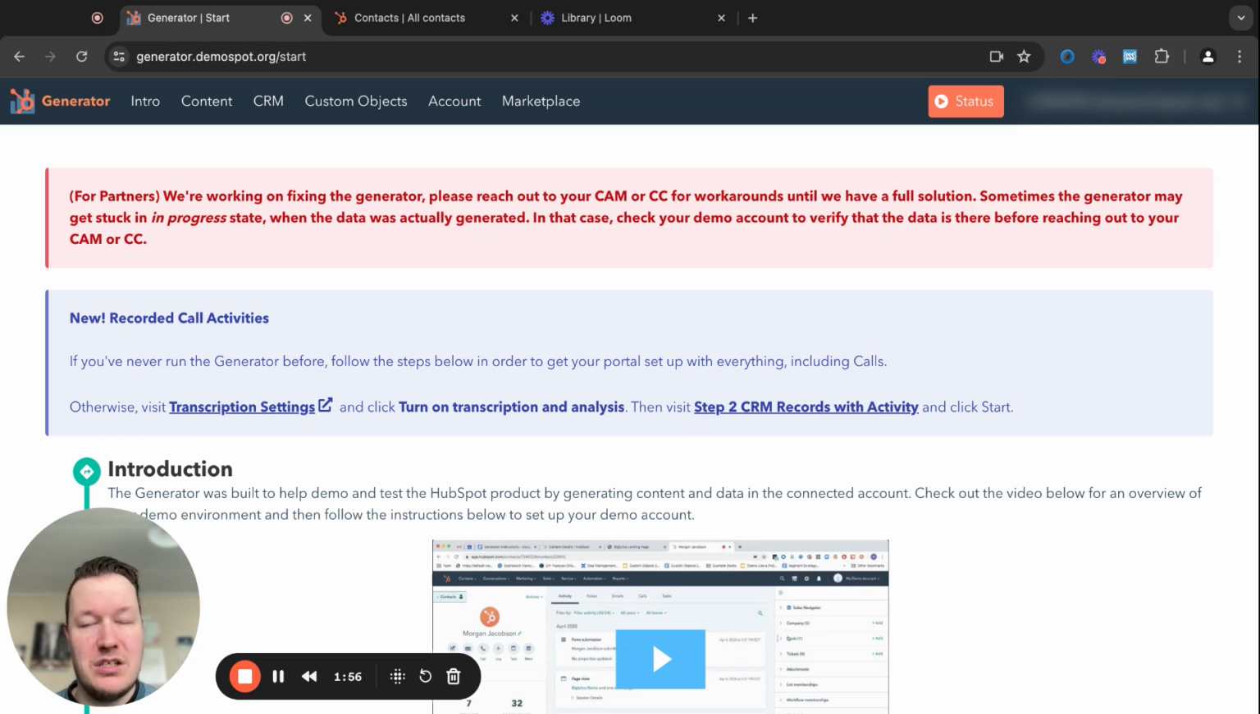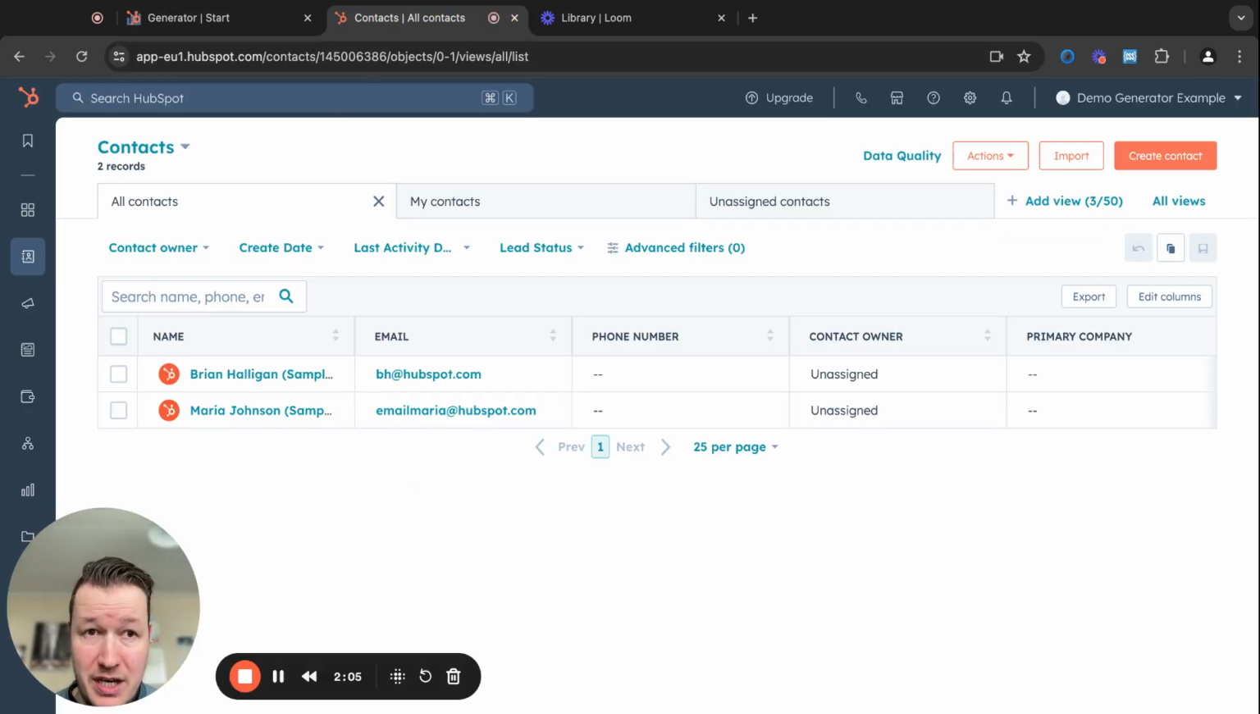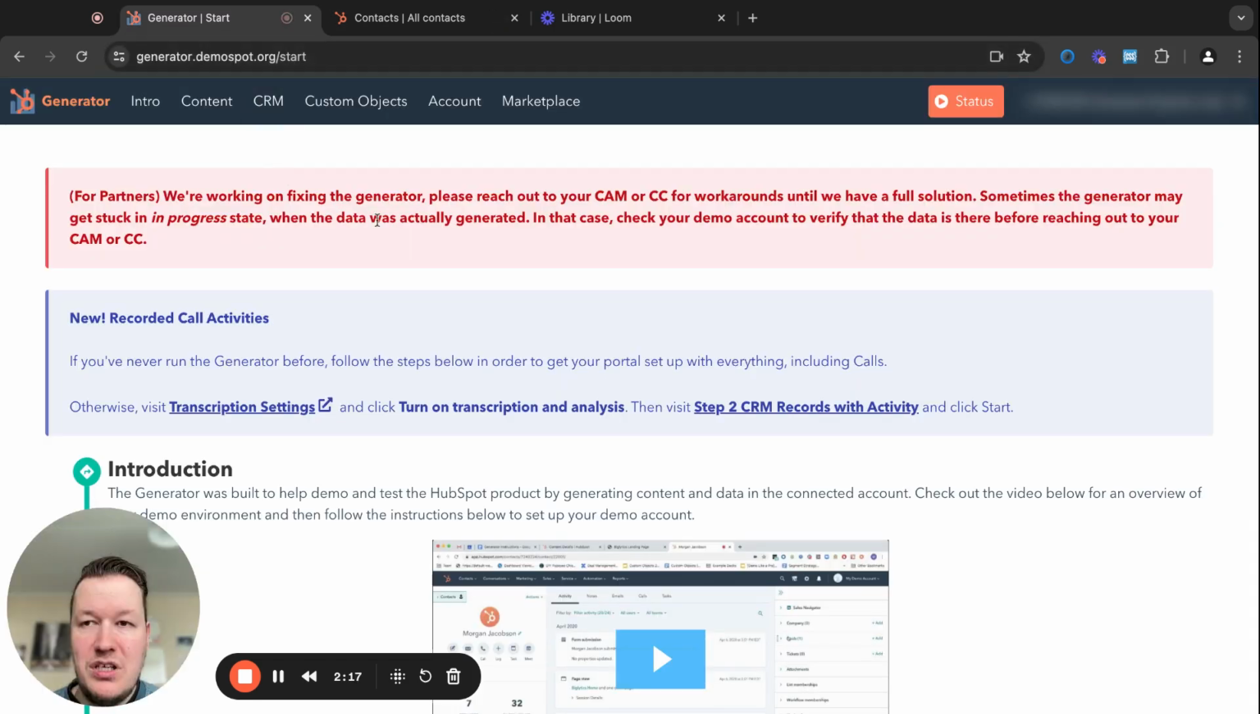And for the use of this video, I have already connected a portal. And just to showcase, I'm switching over to an empty portal, right? And if you start with HubSpot, of course, you get these two contacts. And that's basically it, right? It's an empty portal. And if you go back to the generator here, as you can see at the top,